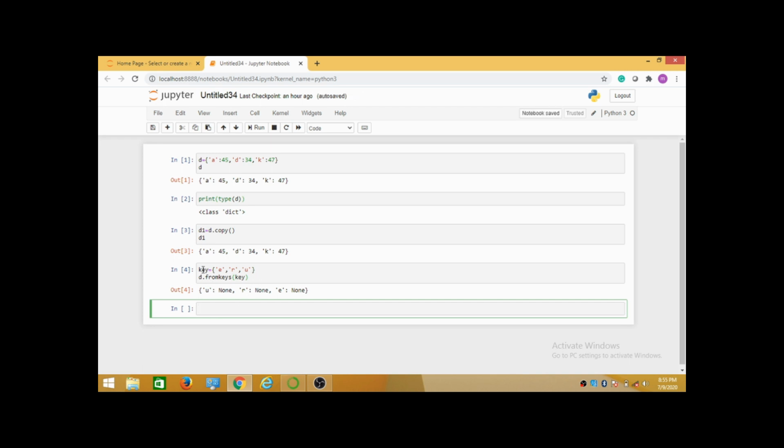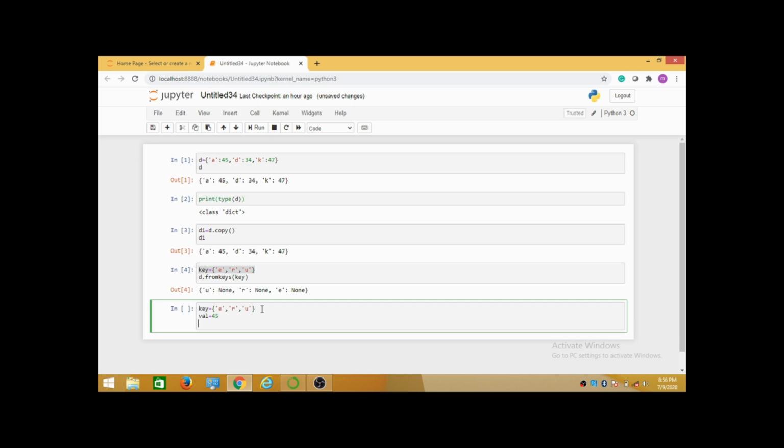Now let's see how that works. For that, the keys I took previously, I am using those keys only here, and again I am giving one value, so I set my value for the keys. So my value is 45, and I want to execute fromkeys again, keys comma, I am setting the value, so I have to give val here.